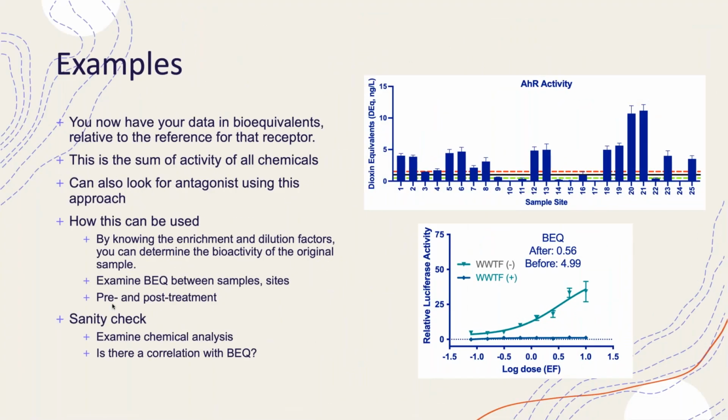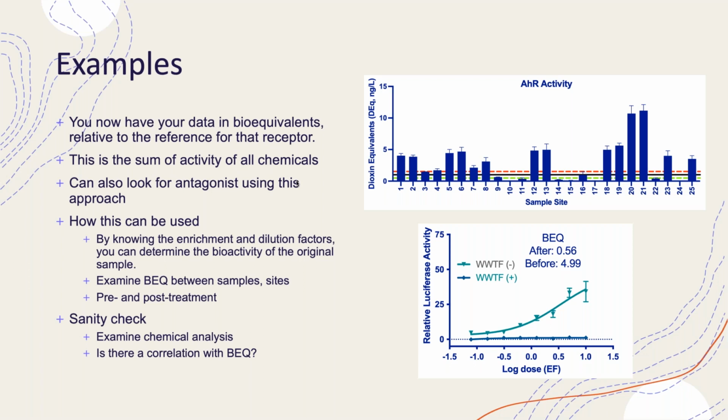Now we can start to use this to make decisions. So we have these bioequivalents, and now we can start to examine a variety of different samples. And remember that this is looking at the sum of all activity on that receptor. So for the aryl hydrocarbon receptor, we're not just looking at dioxin, we're looking at all chemicals that mimic dioxin, that have an activity that is similar to that, and are predicted to have the same toxicity that dioxin would